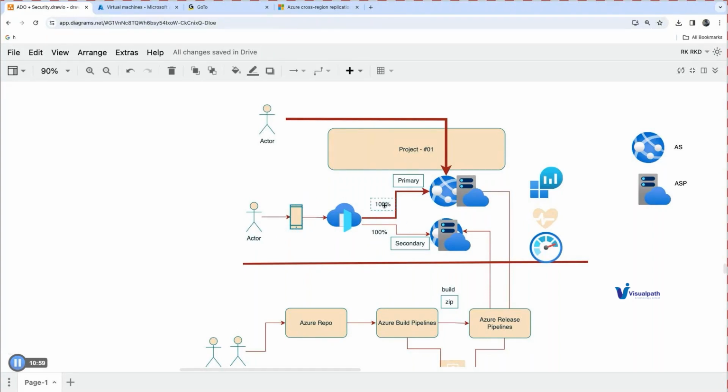Then zero, you will set zero for primary, so that you can safeguard your request. You will not see any failure because no request is going to the primary. If a request is going to the primary, obviously the client will face an error. So this kind of regional control between the primary and secondary will happen with the help of only the Front Door. That's why the Azure Front Door is a global component, and also